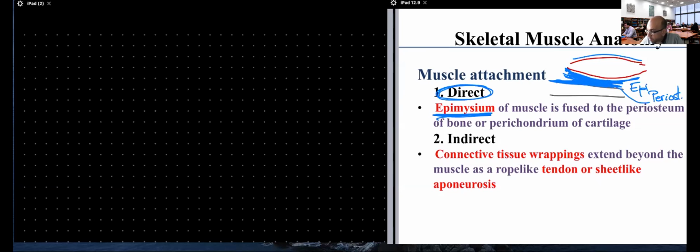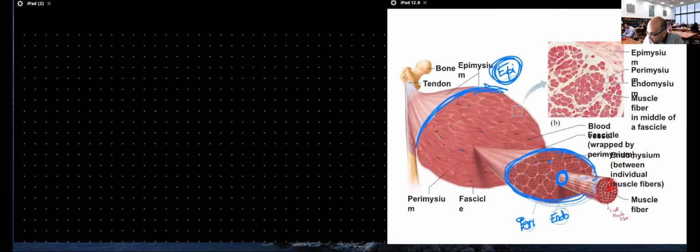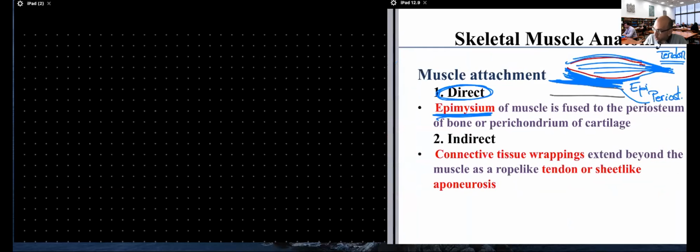I have an indirect muscle attachment in which all the connective tissue wrappings of the muscle fibers will be forming together a tendon. So all the connective tissue that we have in here will be wrapped and will form a cord-like structure. And the cord-like structure on here that will allow the muscle to be attached to the bone is going to be a tendon. If those connective tissue wrappings are not forming a cord-like structure, they are forming a sheet-like structure,